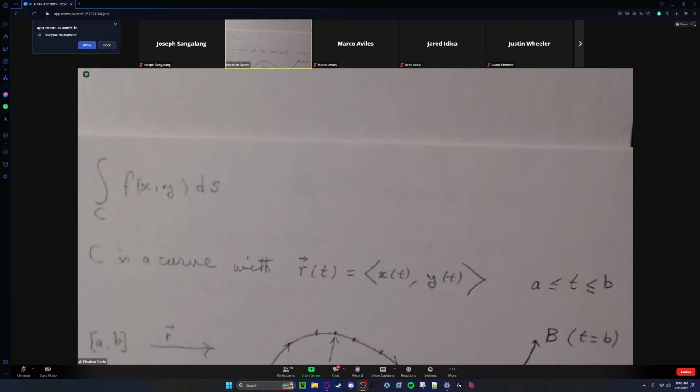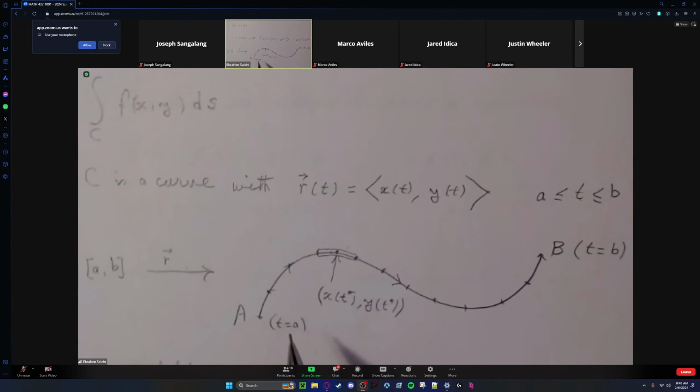You partition this curve, and on a particular slice, let's say on this one, on this little slice,